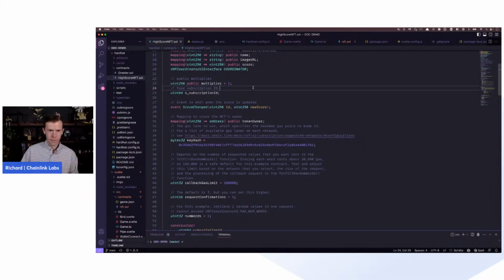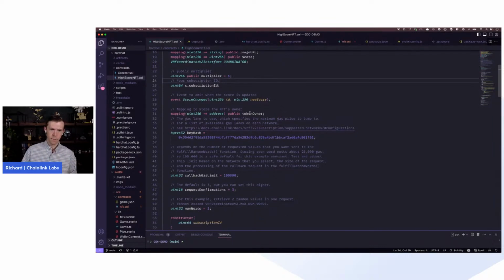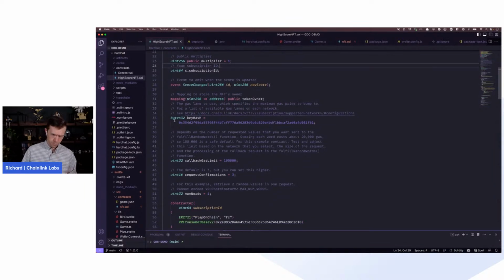We set up a couple of events, like score changed. We set up another mapping for the NFT owner to the token ID. We've got our key hash here. With VRF, the way that it works is you reach out to the VRF coordinator contract, and that's one event. And it goes off and generates that random number for you. Then it's going to reach back into your contract and actually run a function within your contract, which we'll see